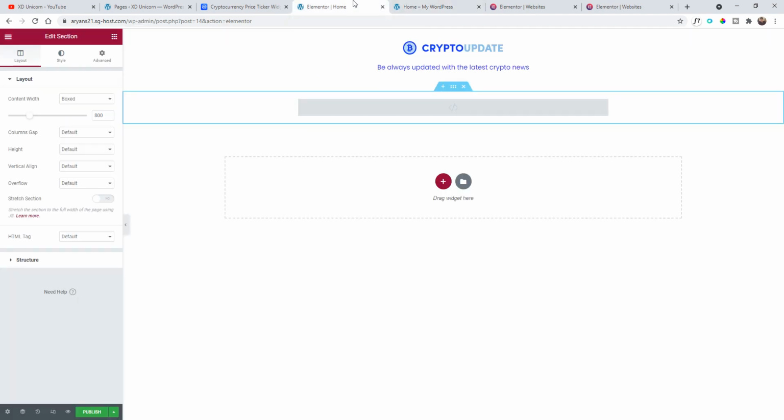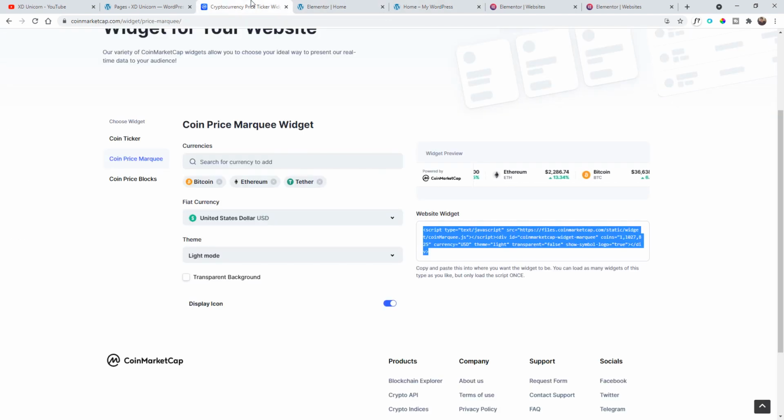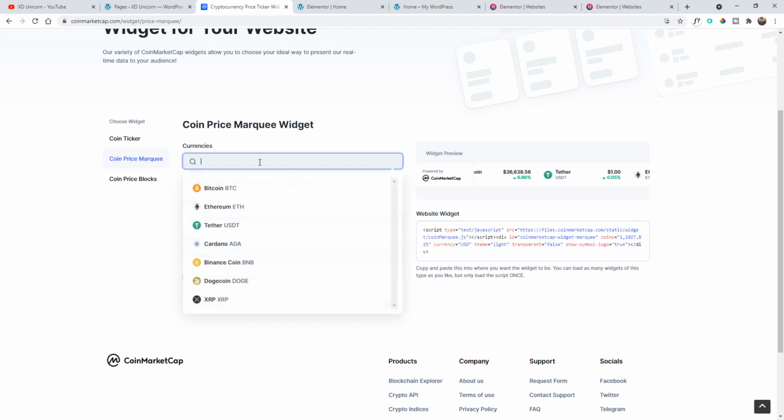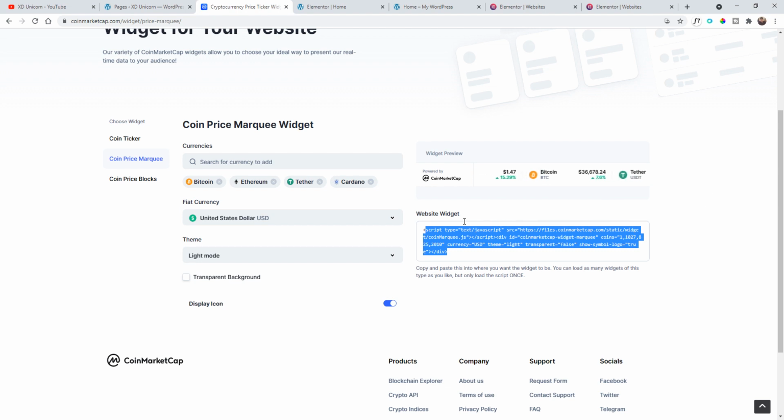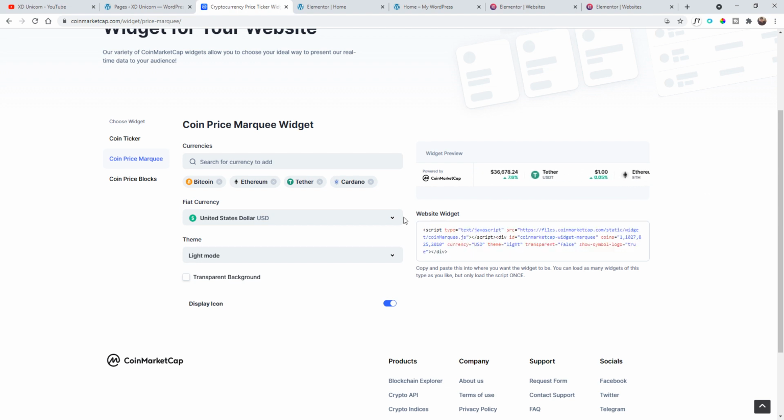So I'm going back on this website here. As you can see, you can also choose which cryptocurrency you want them to show. So in this case, we have Bitcoin, Ethereum, and Tether, okay? And if you want to add more, you just click on here, and you can add also Cardano, for example, and you will see Cardano appearing here, and just copy again the code and paste it back to the box. So now I'm going to click on the coin ticker,